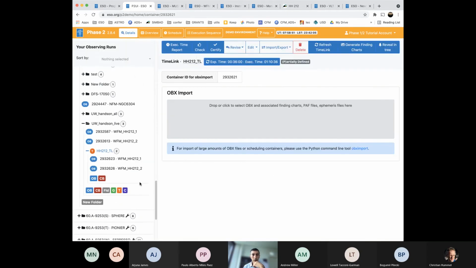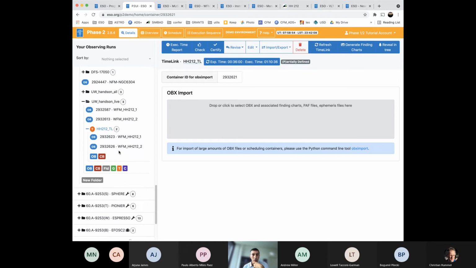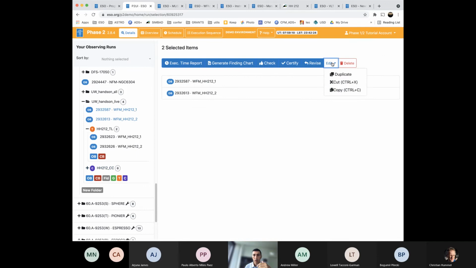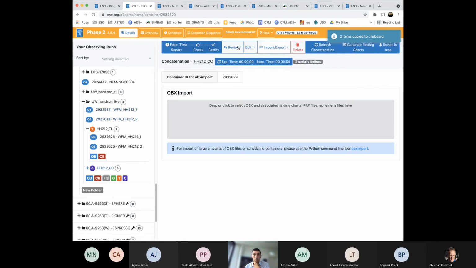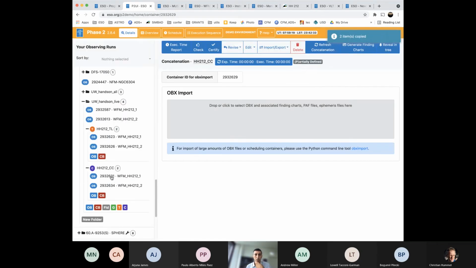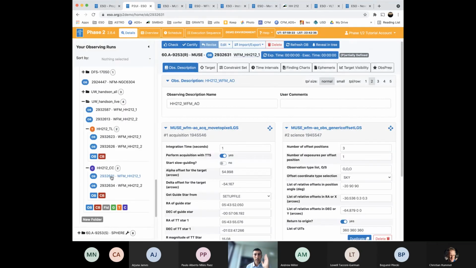So this is another way of linking these two observing blocks. And the final way is a concatenation. A concatenation is different in the sense that the observing blocks are observed one after the other, so directly with no time in between. So if I put these observing blocks in a concatenation, as soon as observing block 1 ends, observing block 2